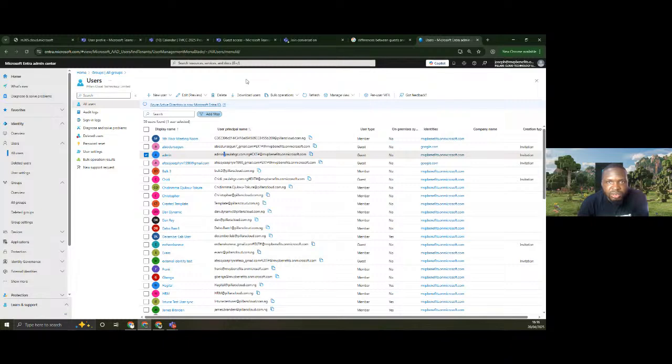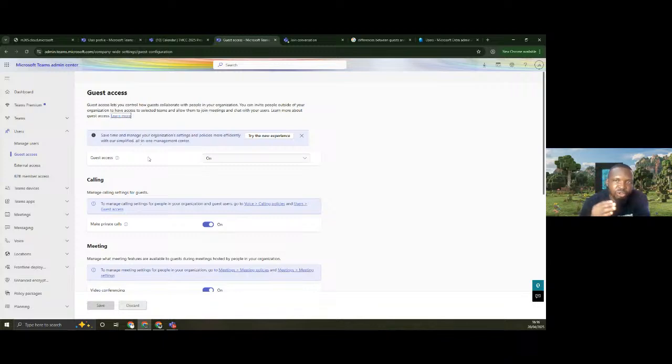But our point of consideration here is not only about external users or guest users alone. From the Teams Administrative Center, we can really control what a guest user should be able to do when you have invited the guest user to your tenant. You can really decide what they should be able to do. So that's the essence of today's conversation. We'll really see how you can control what these users should be able to do.